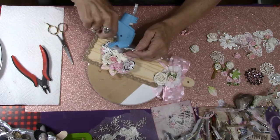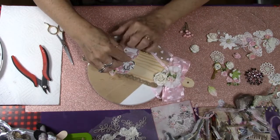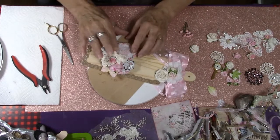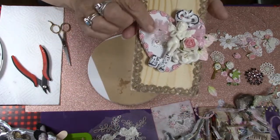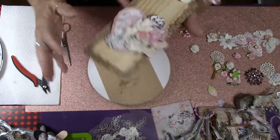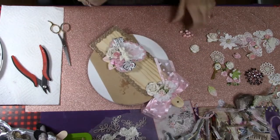I'm gonna use this one, because this flower I can sort of tuck under and up next to the key, and that way I can kind of push it in a little bit farther. But I like having those rhinestones sort of popping out right there. You can see. It looks really, really pretty. Okay, and